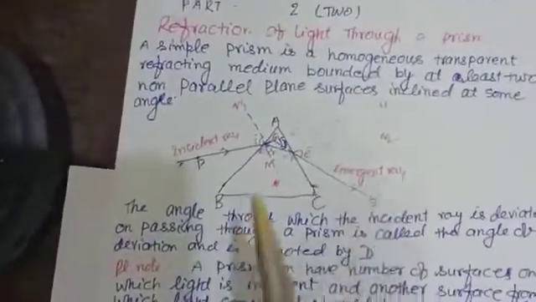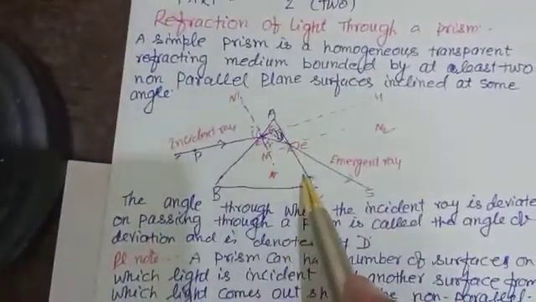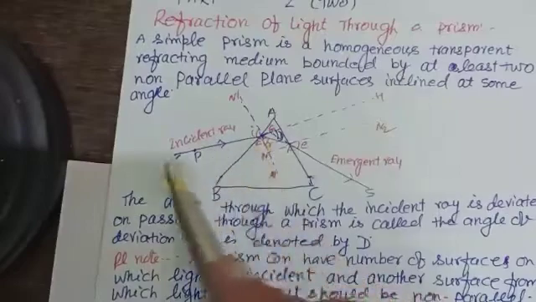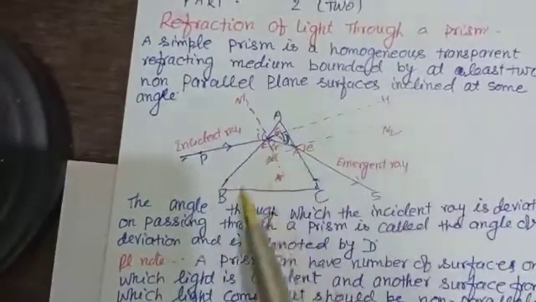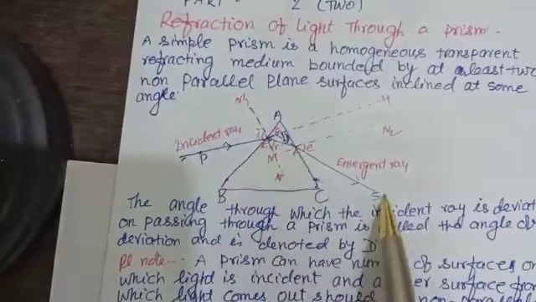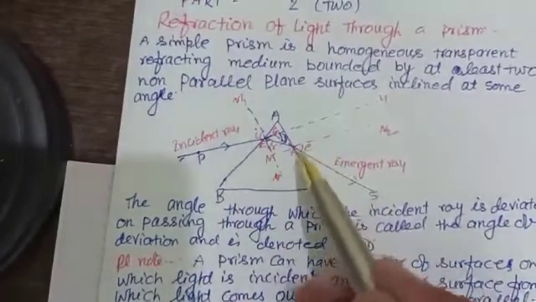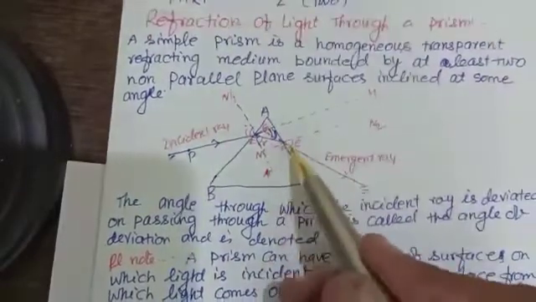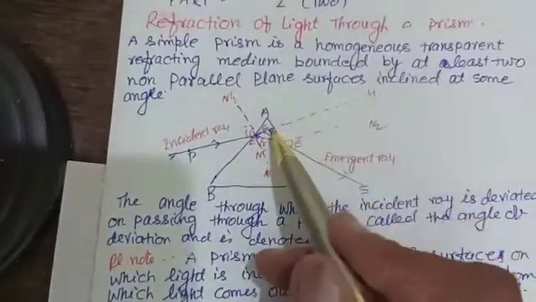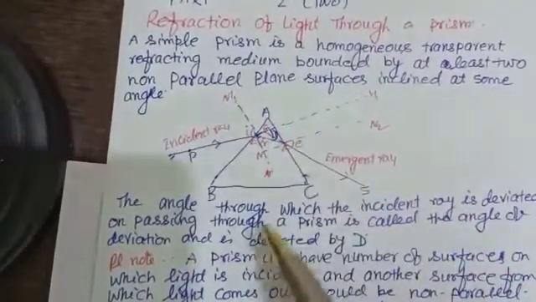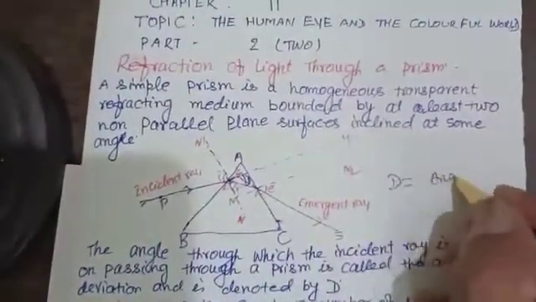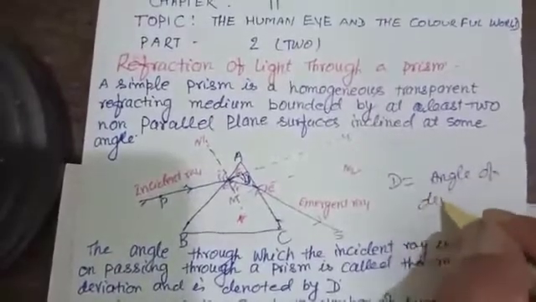So remember this is dispersion of light, and you will find here in this diagram, in the absence of this glass prism, the ray of light would pass straight along PEH. But due to the prism, it is deviated along EFS. If you extend the lines, FH and FG, this angle FGH is known as the angle of deviation, and it is represented by D. So D is equal to the angle of deviation.